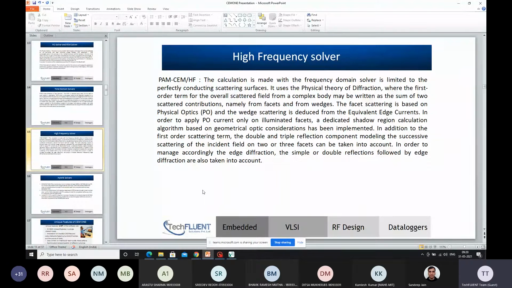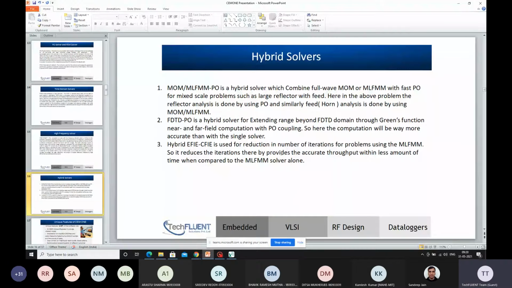Coming to hybrid solvers, we can use a combination of solvers like MOM, MLFMM, PO, FDTD, based on the application. For example, if you want to mount an antenna on a structure and analyze interference, how exactly one antenna interferes with another antenna, we can take one solver for the structure and another for the antenna.